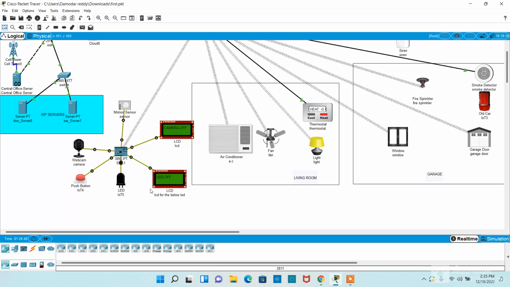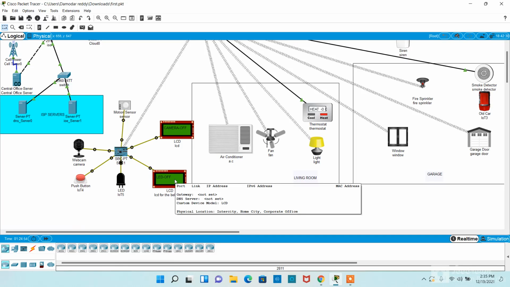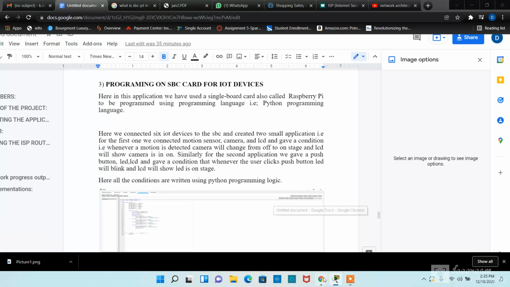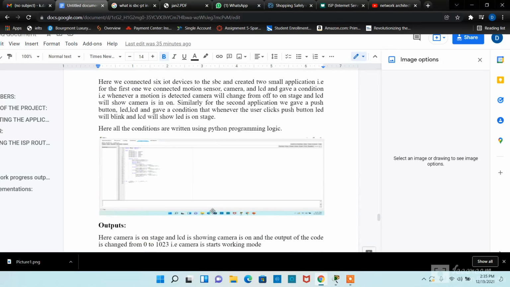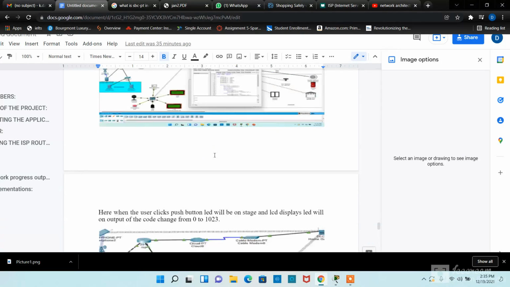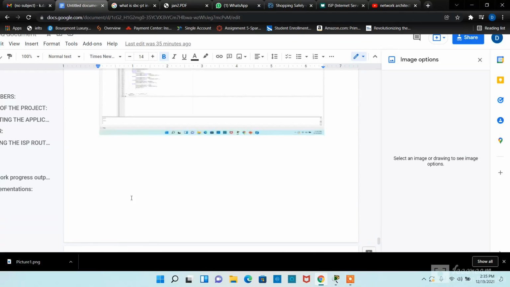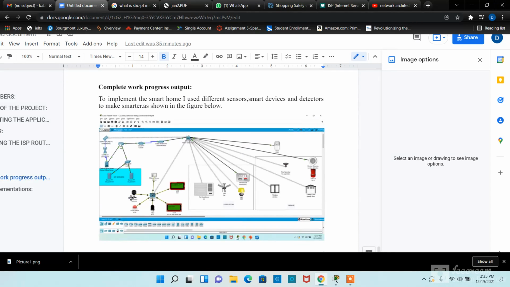As you can see here, whenever you click the push button, the LED will be on and the LCD will show the LED is in the on stage. And the following outputs are updated in the report with respect to the logic as well. So this is the complete architecture of our project. Thank you.